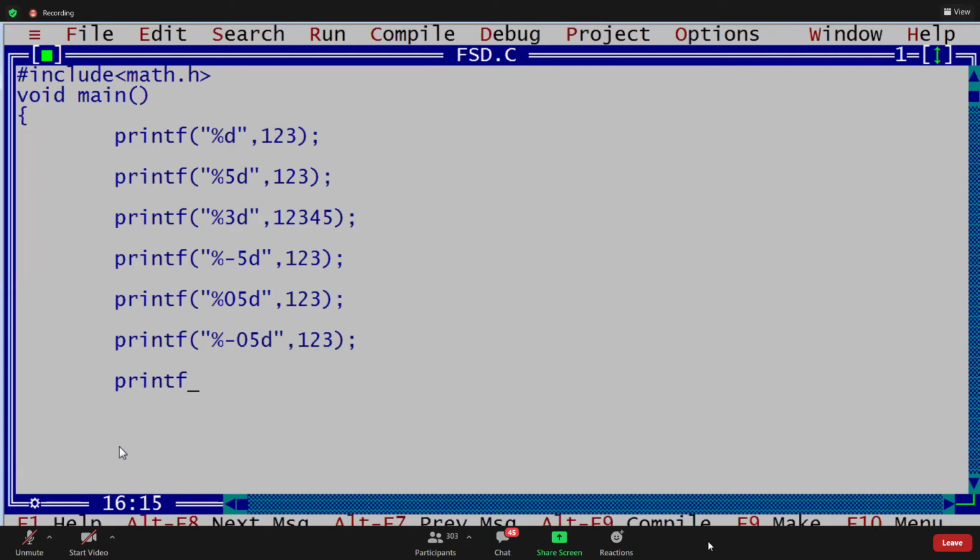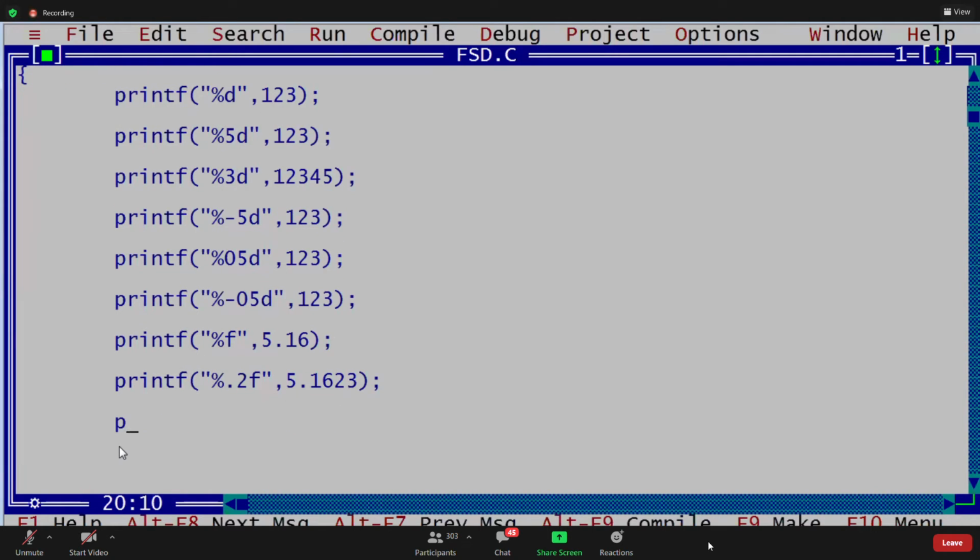Only printf statement percent f 5.16 only. Next, printf of percent 0.2f 5.1623. Printf of percent 0.2f 5.1678.